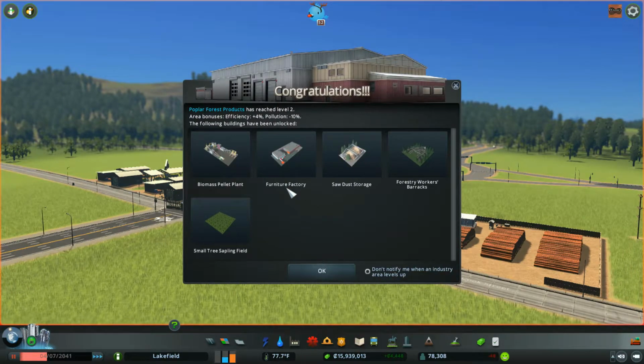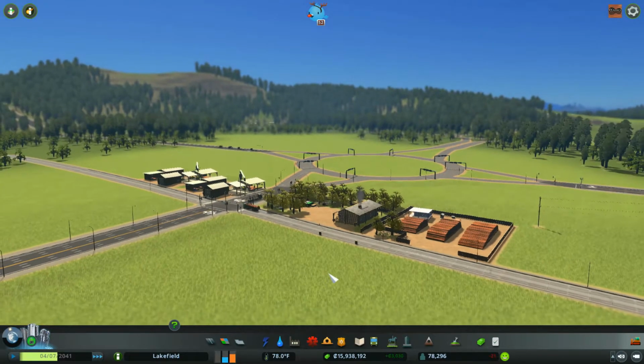Okay guys, as you can see, we made level 2, and what we have is a biomass pallet plant, a furniture factory, a sawdust storage, forestry workers barracks, and a small tree sampling field. So let's go ahead. One thing I do want to point out to you, if you watch during the montage,